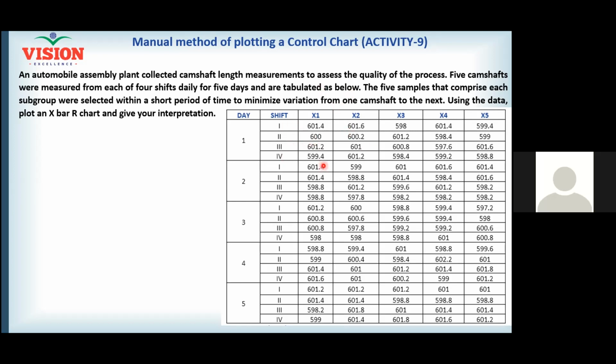And those of you who do not belong to a manufacturing kind of thing and don't deal with length, you can consider this as time. Maybe 600 seconds is the lead time, or 600 seconds is the turnaround time, or 600 seconds is the transaction time, something like that. It is after all a number which represents the characteristics of your process.